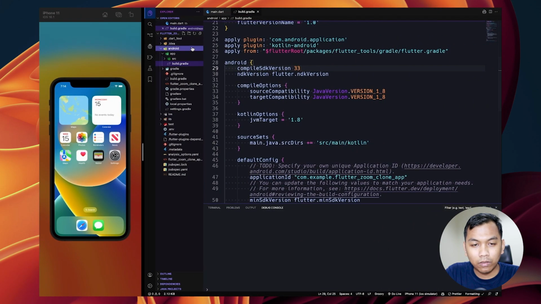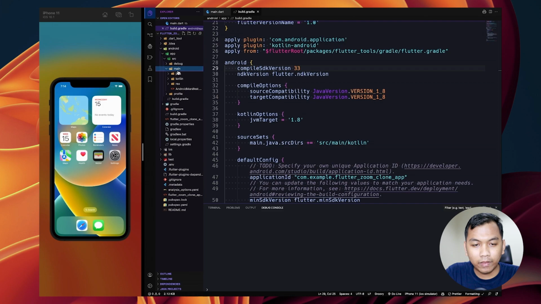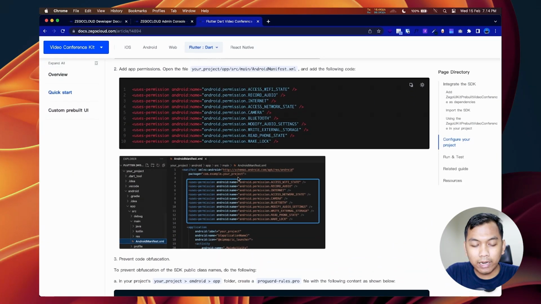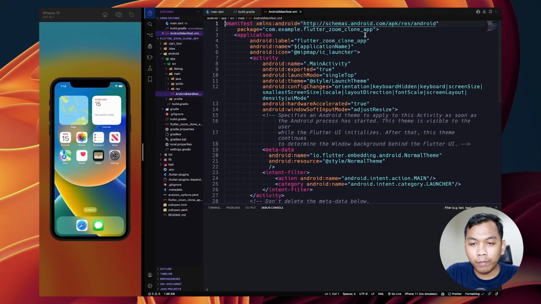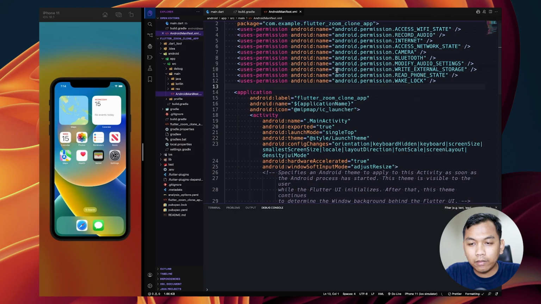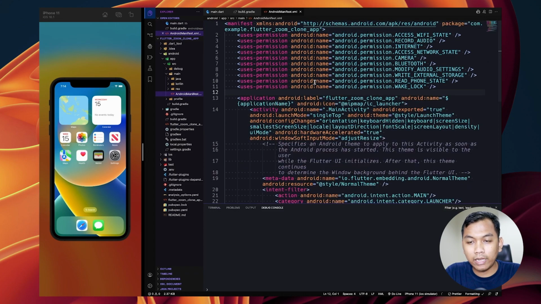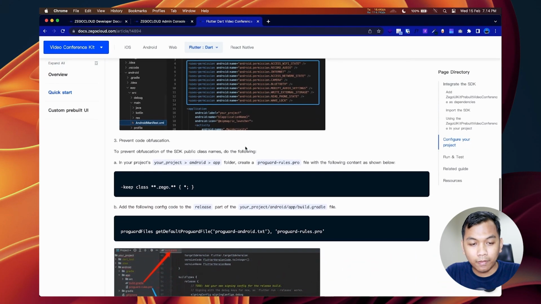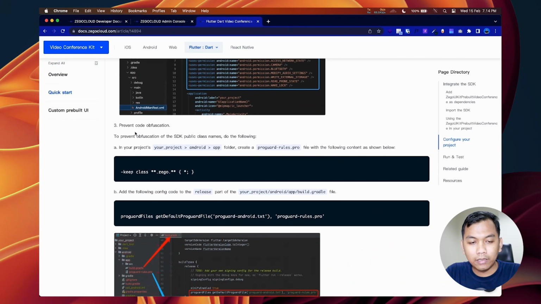Alright, and the next we need to copy this, and we need to go into app source. So here, app, and then src main and AndroidManifest, right below of our package, which is here, add permission. Look like this. And the next step, we need to prevent code obfuscation.